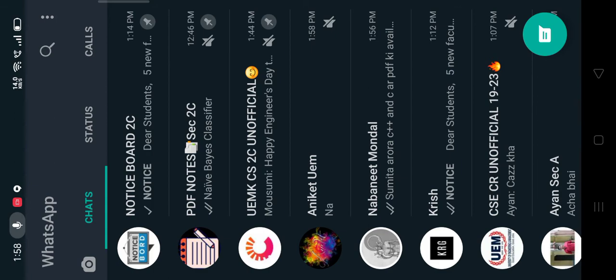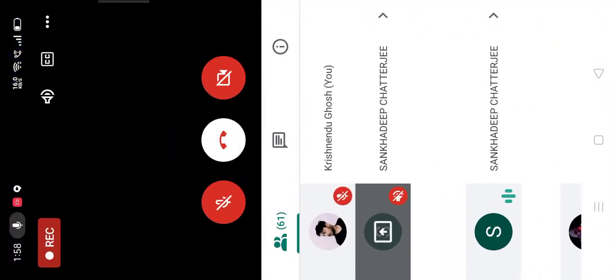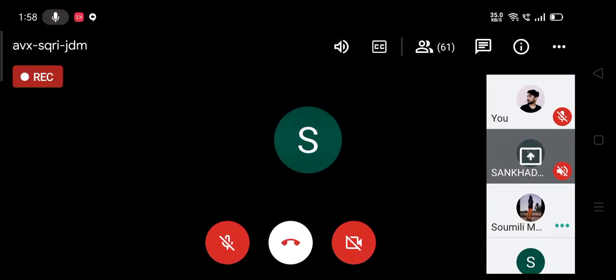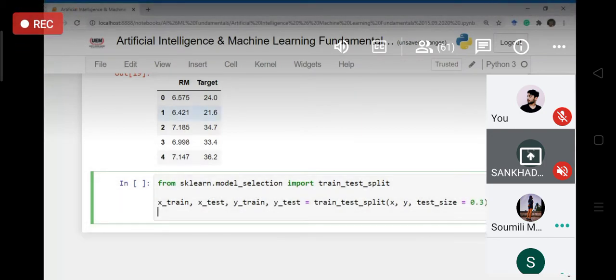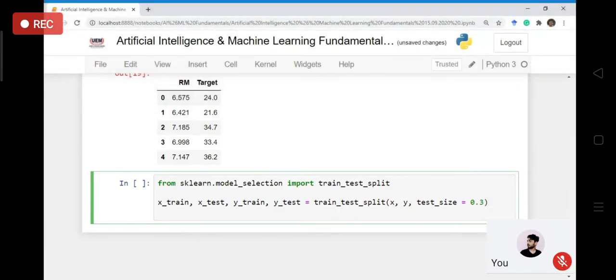Yeah. So there are many other arguments, as he said. What is test size equals to 0.3 doing? It is deciding how much of my data set will be used for testing. So let's say that in your data set you have 100 data instances. Now if you set test size to 0.3, that means 30 data instances will be in x test and y test. Right? So that's how much.